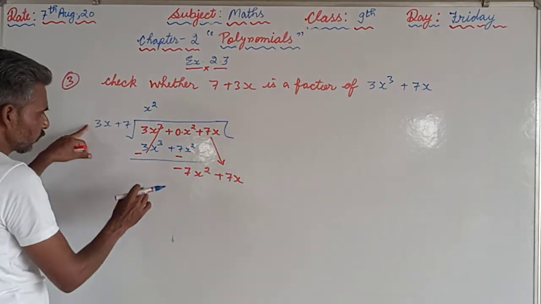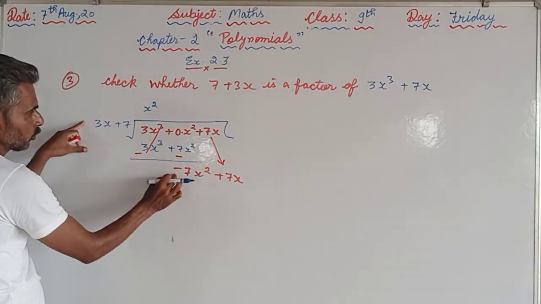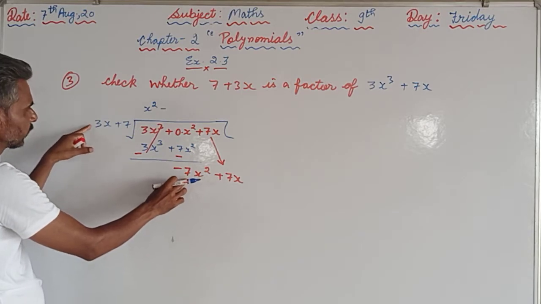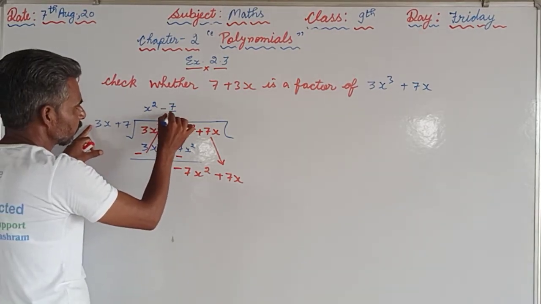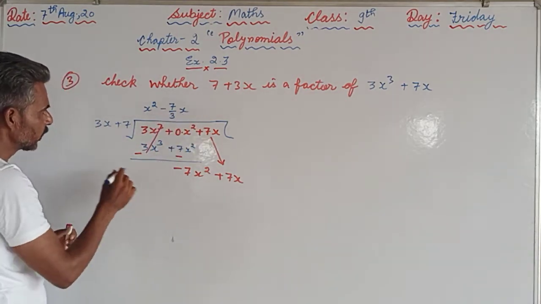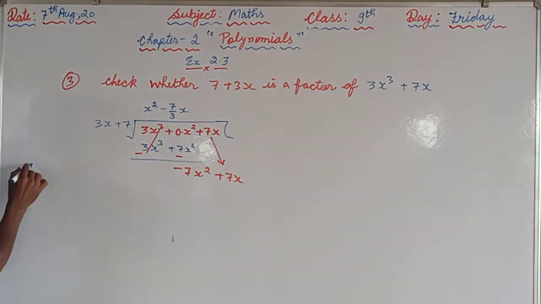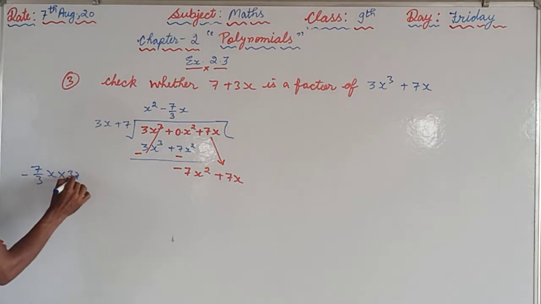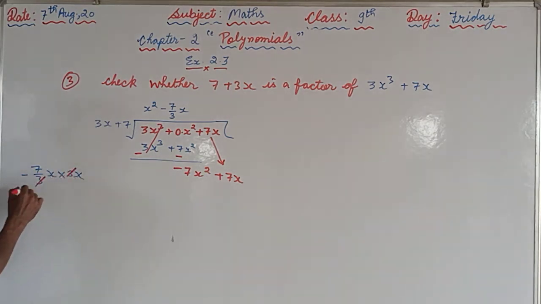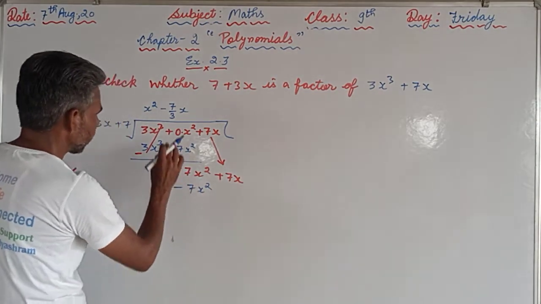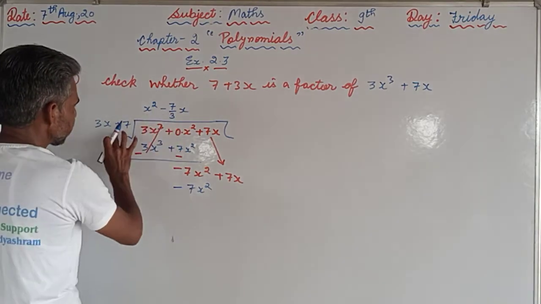Now first of all, again we will compare the first terms. We want a minus sign and we want 7, and here it is 3, so we will multiply by 7 by 3, and from x we want x square, means x. If you multiply 7 upon 3x by 3x, 3 will cancel out and we will get minus 7x square. So here we will write minus 7x square, and if you multiply this by this, we will get minus